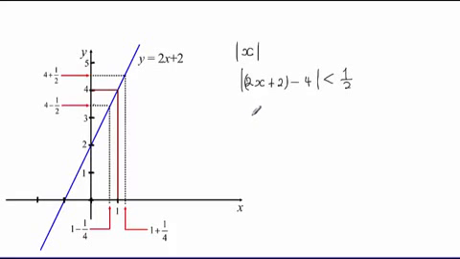We simplify this: removing the brackets within the absolute value, we get the absolute value of 2x minus 2 is less than half. Going further, this is the same as 2 times (x minus 1)